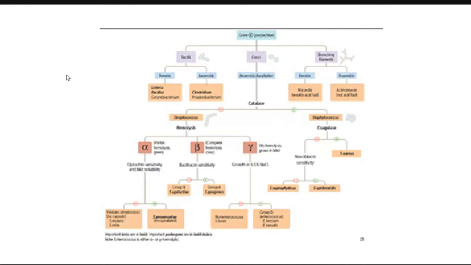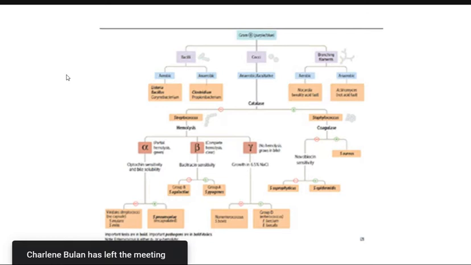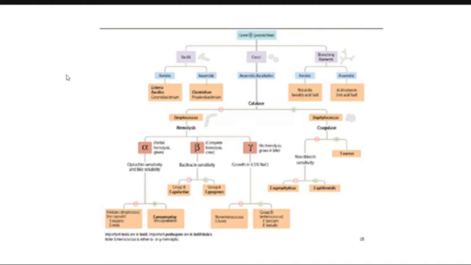For example, in your gram stain, you have a gram positive, purple or blue in color, and you see that it is cocci, so you're going to entertain now either a streptococcus or a staphylococcus. How do we differentiate one from the other? You're going to do your catalase test. We already know what the catalase test is. If you have a catalase positive, then that would be your staphylococcus,